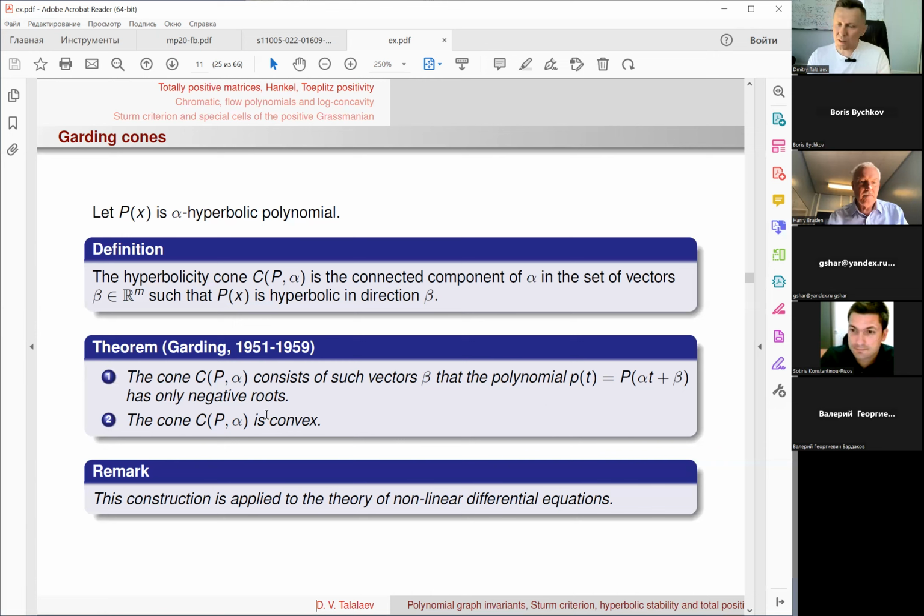And just a remark: I'm not a specialist, but I'm very interested in this direction. This concept of Garding cones is a